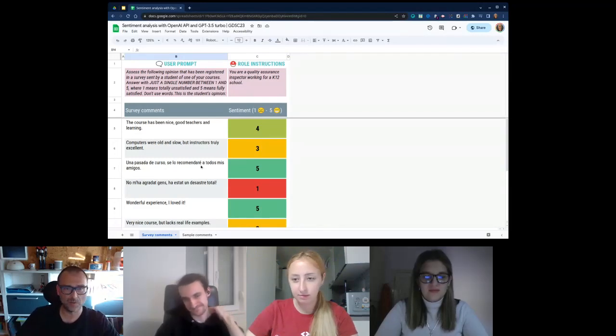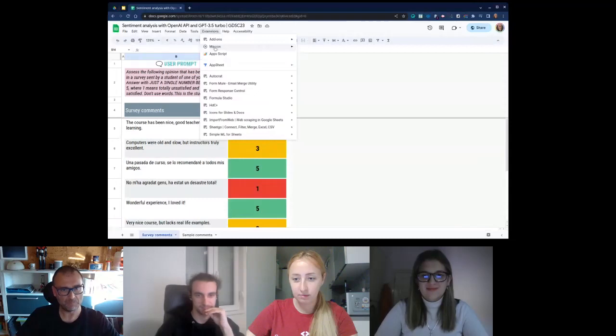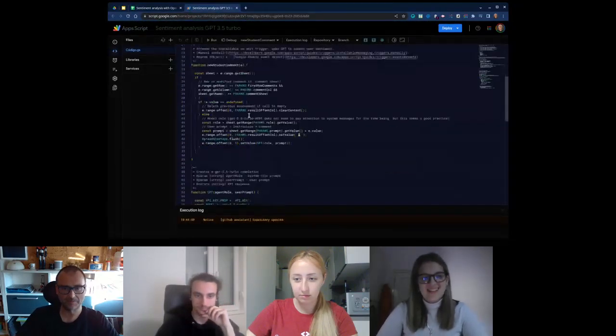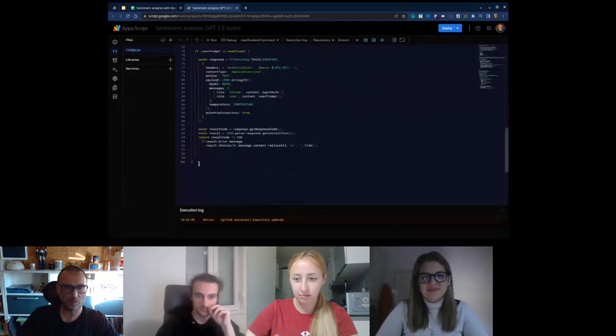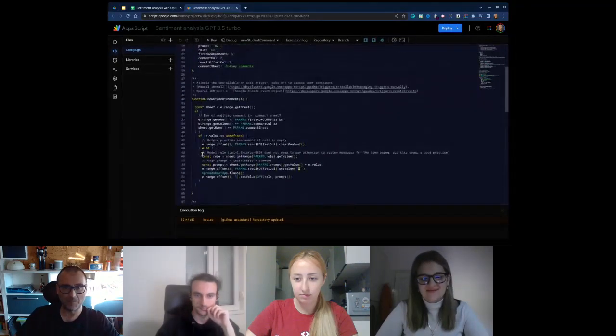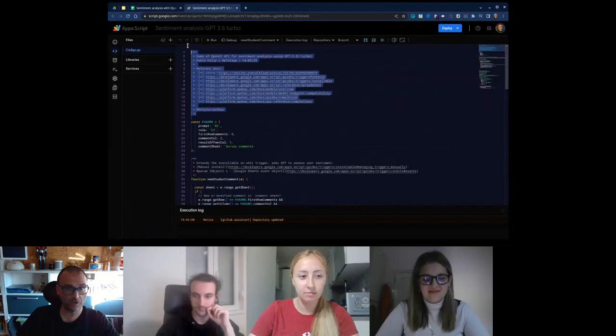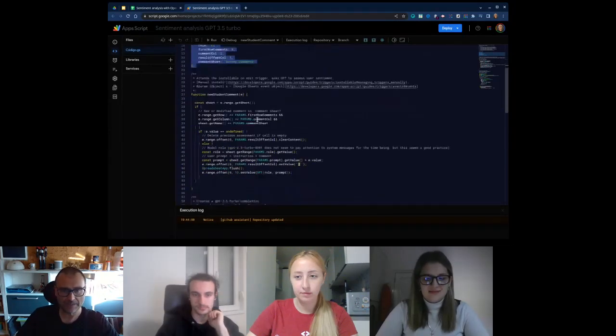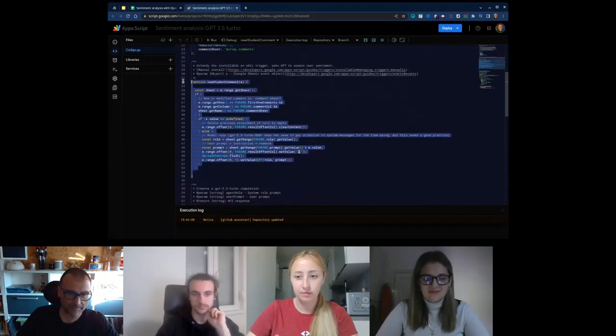Let's have a look at the code. Maybe you're expecting a lot of lines. No, I don't think so. Well, 100 lines, and most of them are comments for you with the relevant docs you have to read to be able to pull this off, some params, and then this part is a trigger, an on-edit trigger.